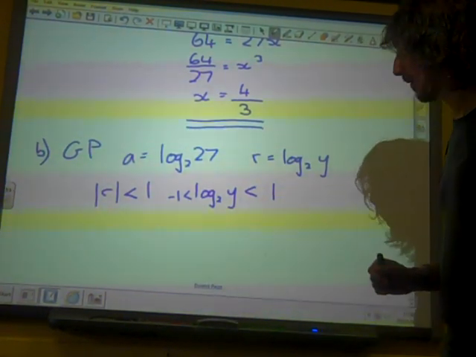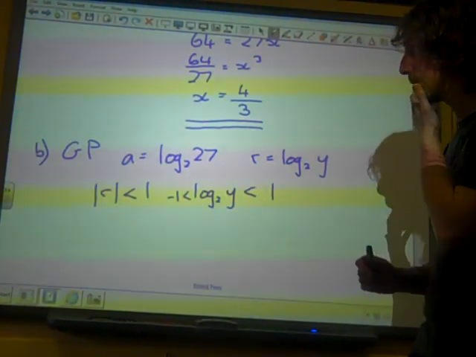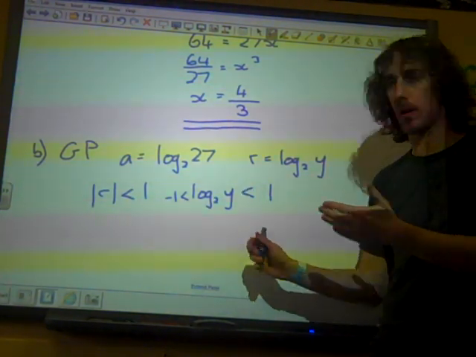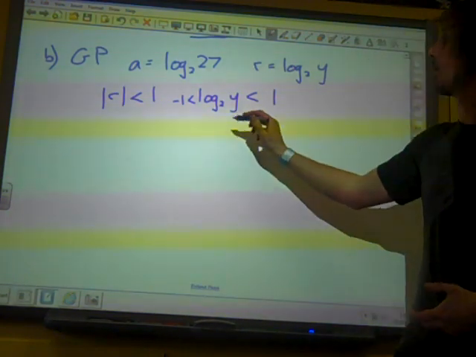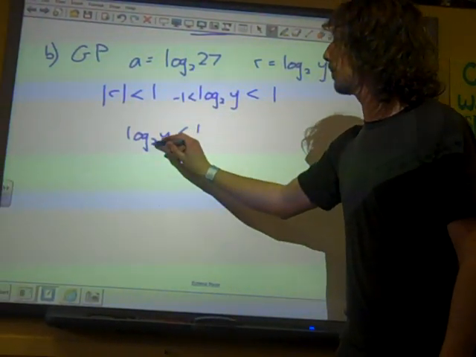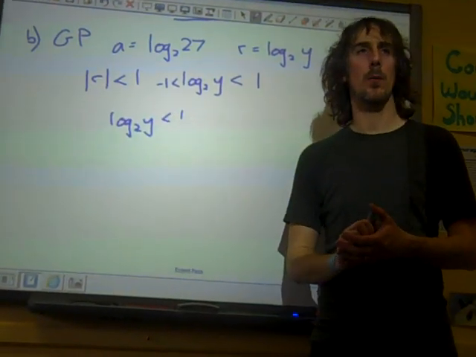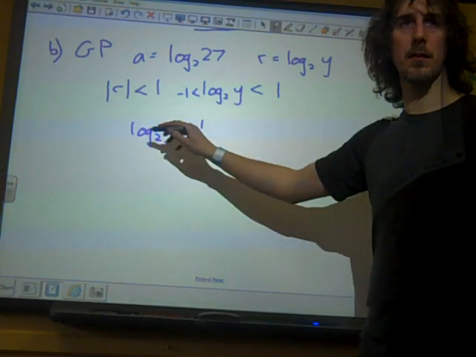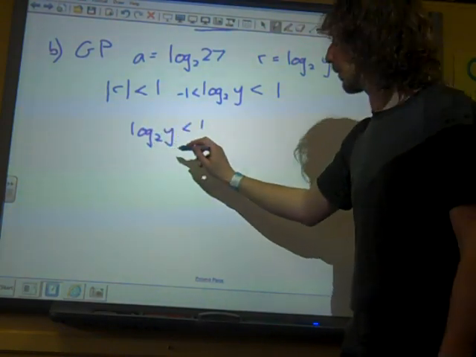Okay. So let's think about what this means. Let's work on these two statements. Maybe let's work on them separately. This one, log base 2 of y is less than 1. Well, if log base 2 of y is equal to 1, that is 2 to the 1 equals y, isn't it? So that would be